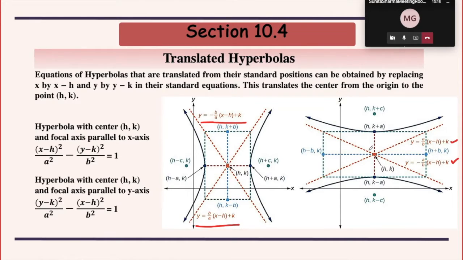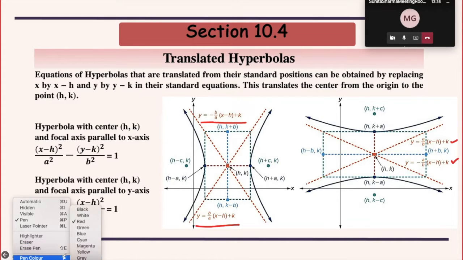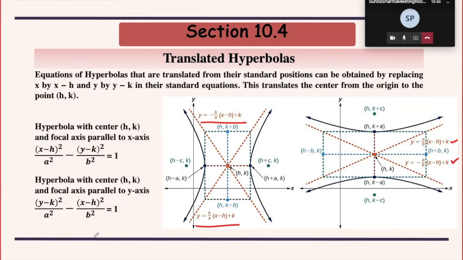So in fact if you see these pairwise, they will be perpendicular to each other. Okay, how do you know from the slopes that two lines are perpendicular? Yes, their product is minus 1. The product of their slopes is minus 1. So if I look at this line, the slope is minus b by a, and if I look at this line, the slope is a by b. So if you find the product, it is minus 1.